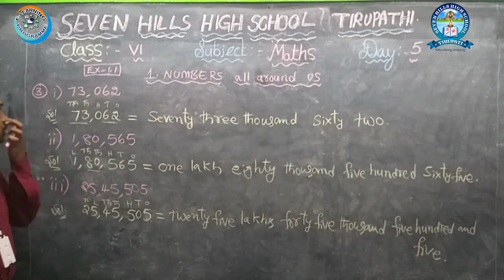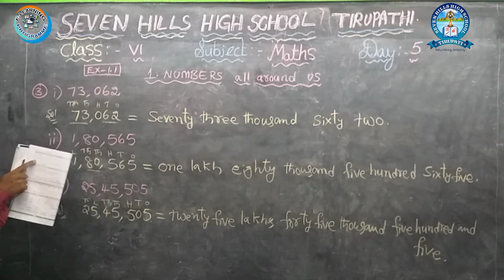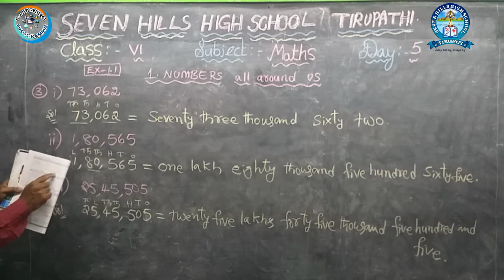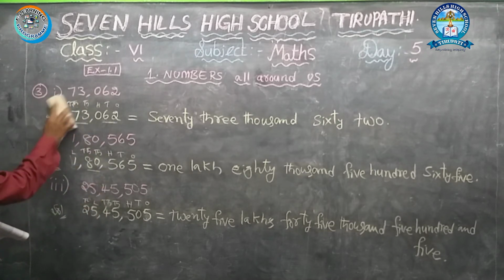This is the third Roman, and here in the third Roman the fourth sum is also there. That question you want to create and write the answer here. And coming to the next Roman, write the numbers in figures. I hope you understand this.